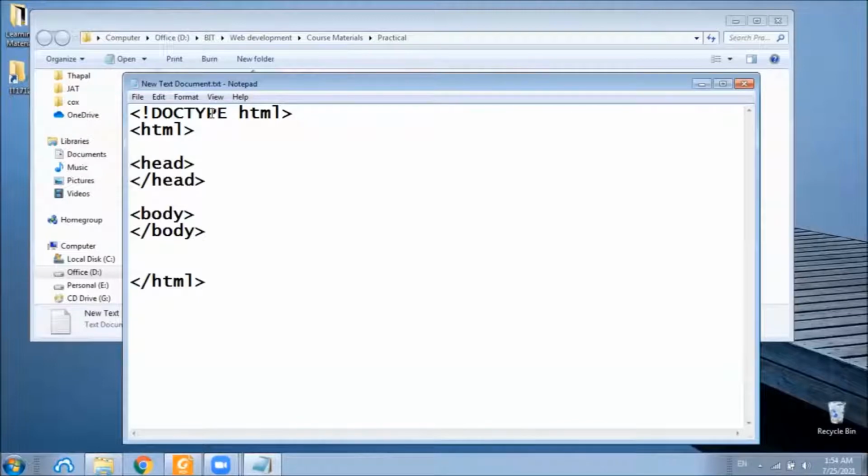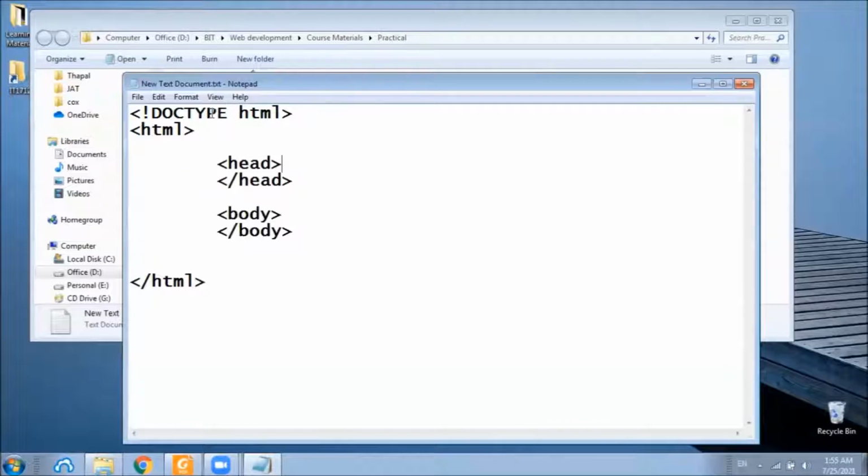It is a good idea to indent this code using either spaces like this or using the tab key on your keyboard. For consistency reasons, I will be using the tab key instead of spaces. Within this head section,